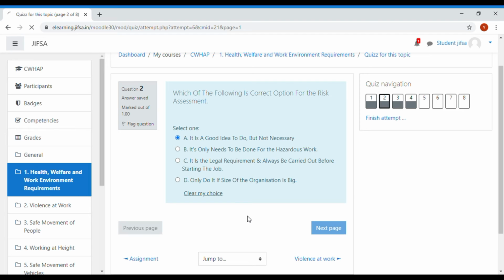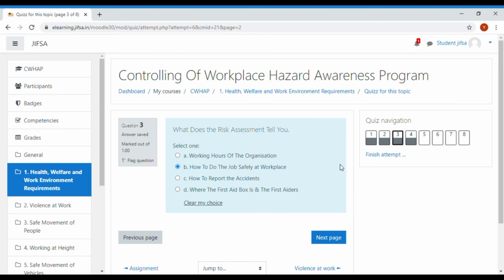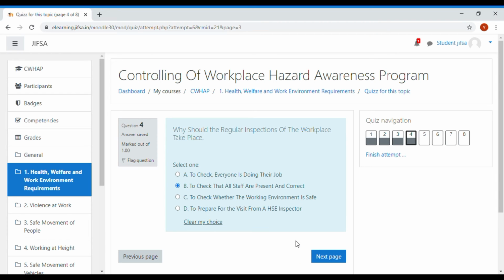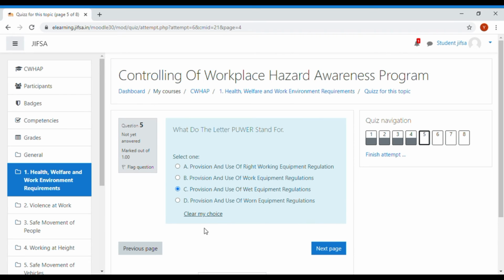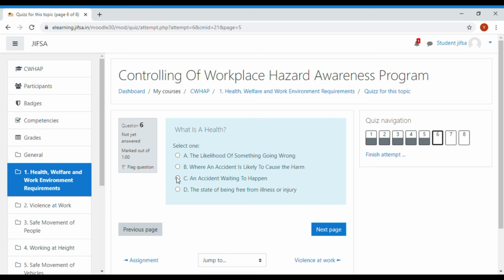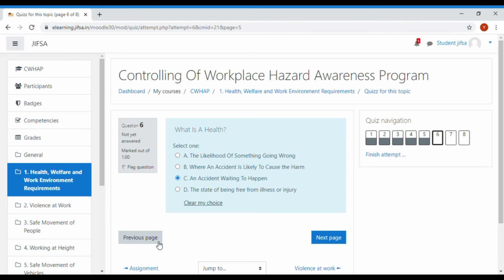Then on the next page you can see there are four options, and you have to select the one that is appropriate and correct. You still have the choice to clear it, and then go to the next page. It will go on to the next questions.